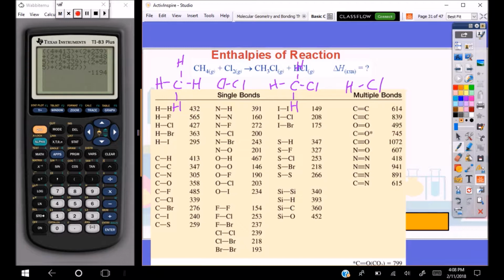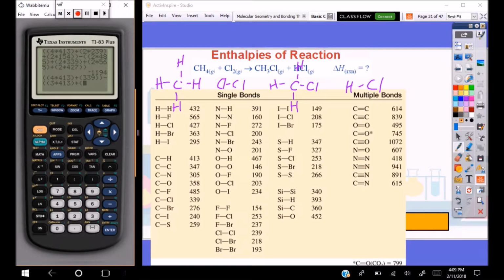Okay, so bonds broken minus bonds formed, so 4 times 413 plus your ClCl, which is 339. All right, minus 3 times 413